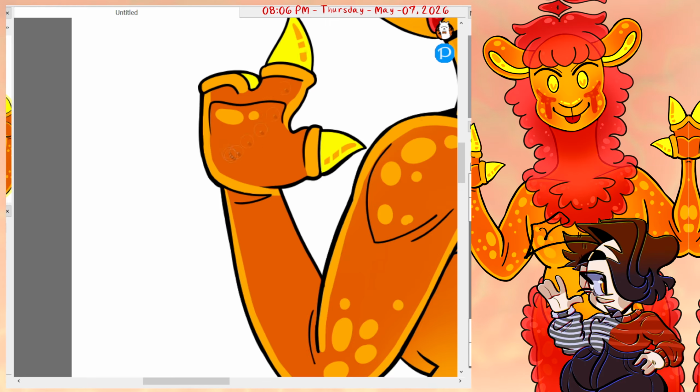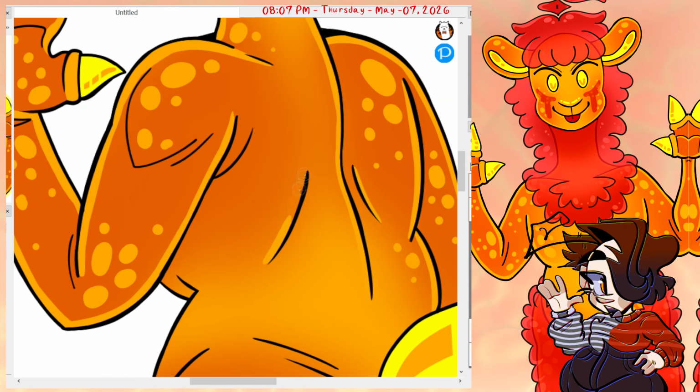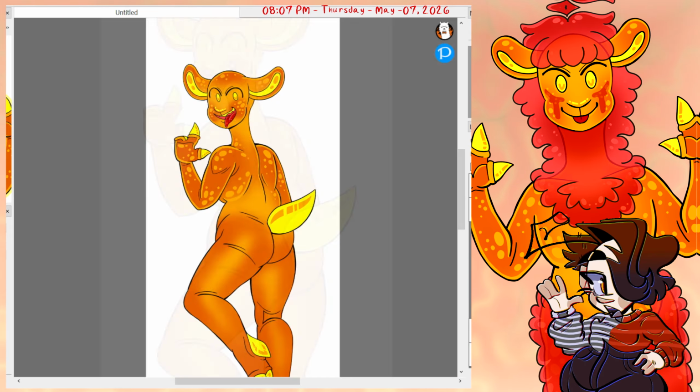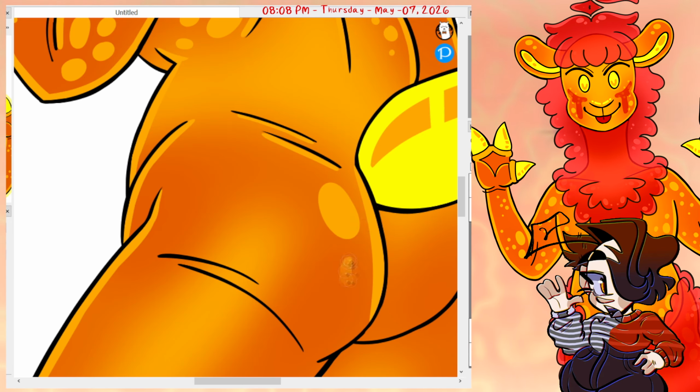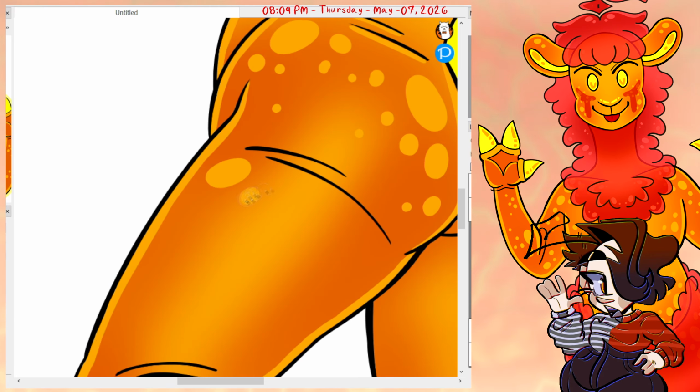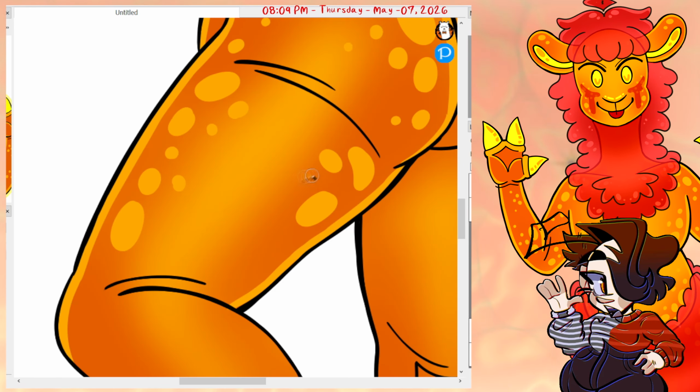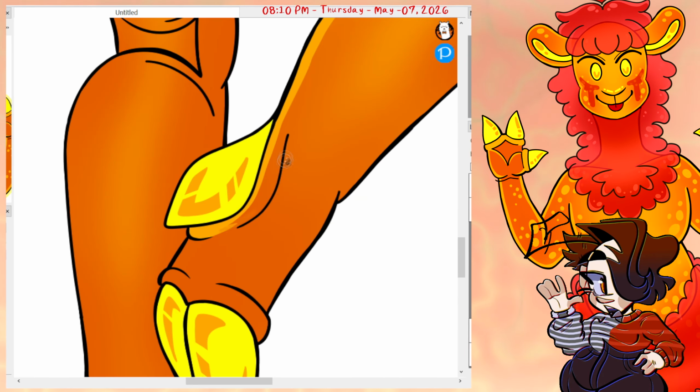Like I might just make him a ref sheet without the fur and have that be part of his design, that he can just take it off and he looks a little naked and fleshy and kind of like cheese. I think that's funny. I think that's comical. Because I don't have any characters that are like that, so I think it'd be funny